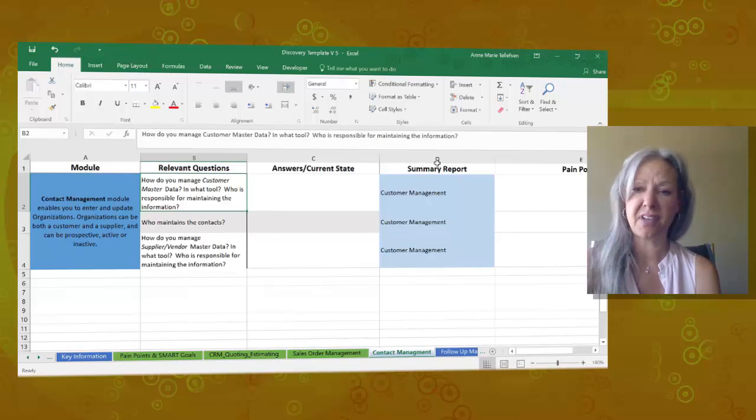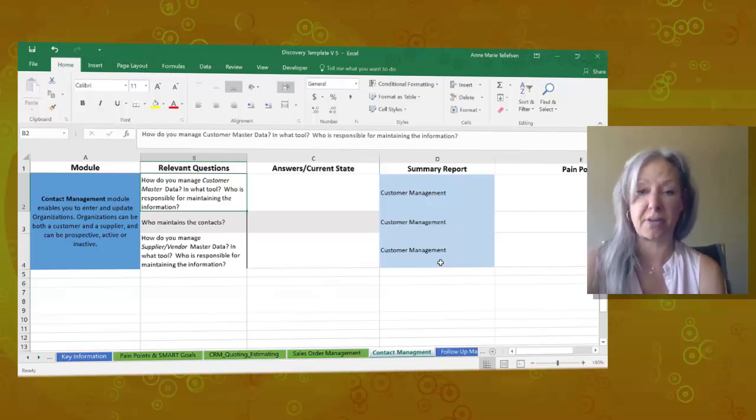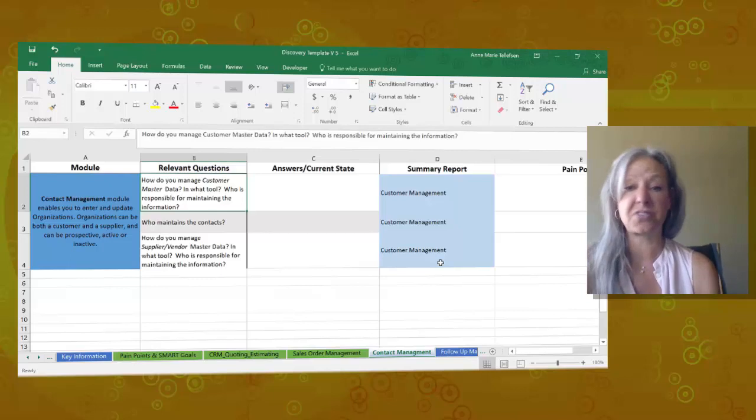Hey, you might notice this column here, D, summary report. All this is doing is I've gone through and I've mapped the answers to where they should appear on the discovery report. So again, you can just copy and paste, bloop, right into that paragraph,